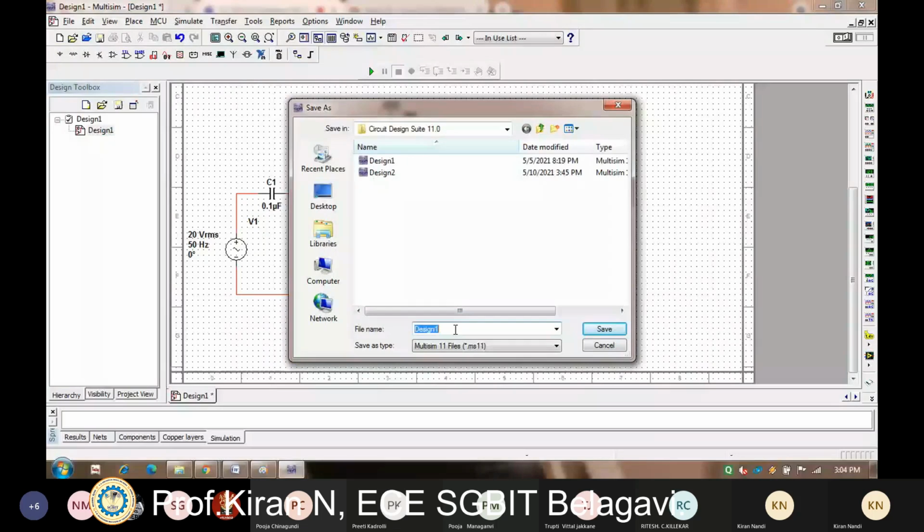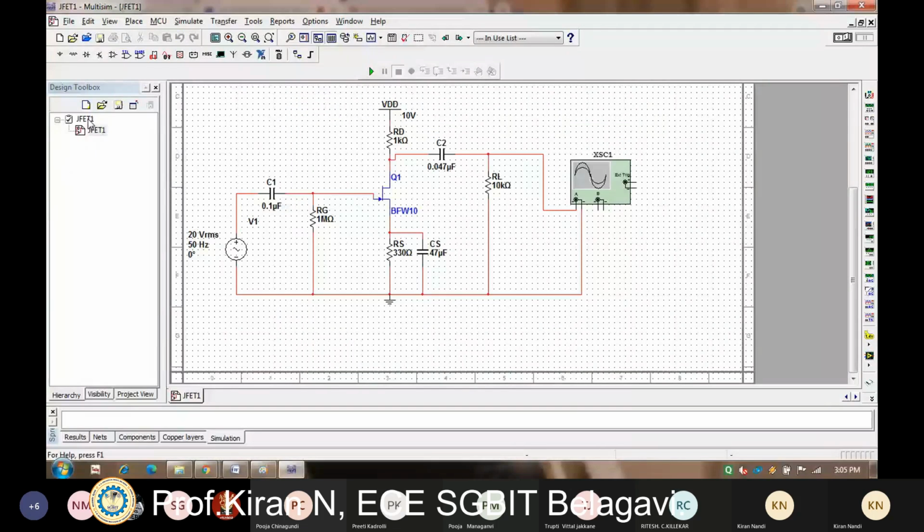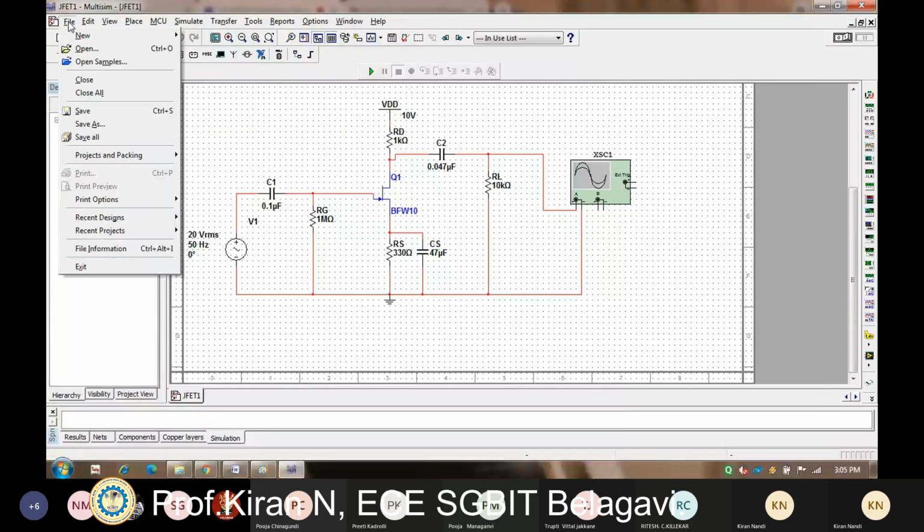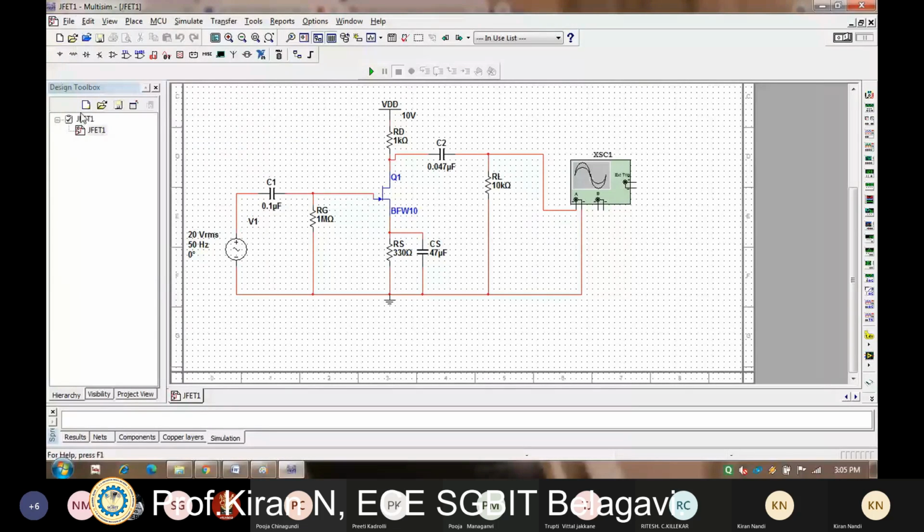Then you can give any name here. I'll give just JFET1, then save it. You can see here it is being changed to JFET1, meaning JFET experiment number 1. After that, just click on it and save it once again.